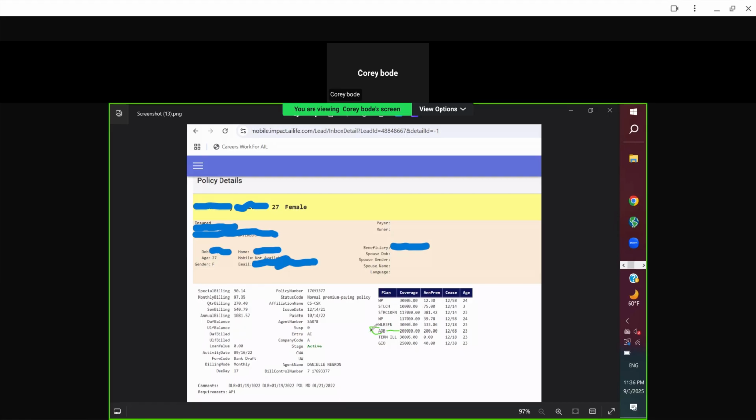Now, next coming down below here, we see term ill. A lot of people at first think that this is term coverage. However, this is not coverage itself. It does not add any coverage to their plan. This is the terminal illness rider. So what this does, depending on the state, Connecticut says 1 year or less. Massachusetts says if the client is diagnosed with 2 years or less to live, they can take up to half